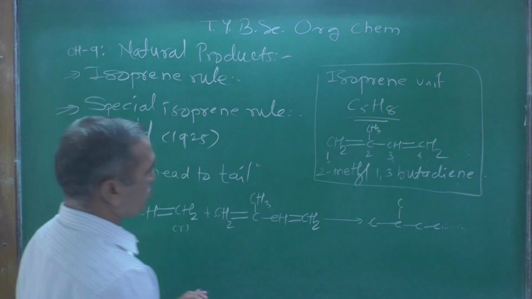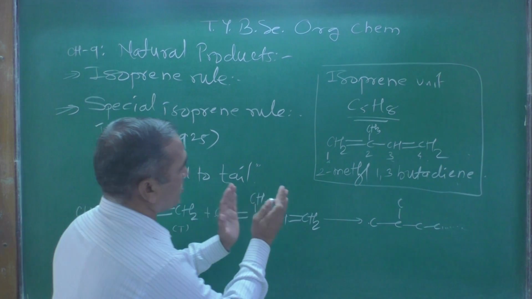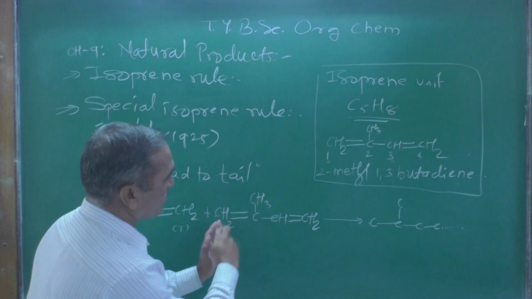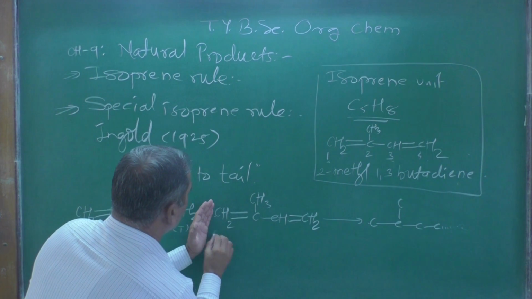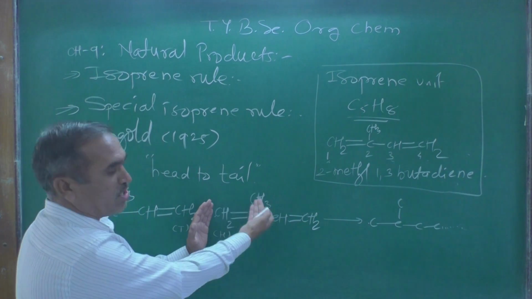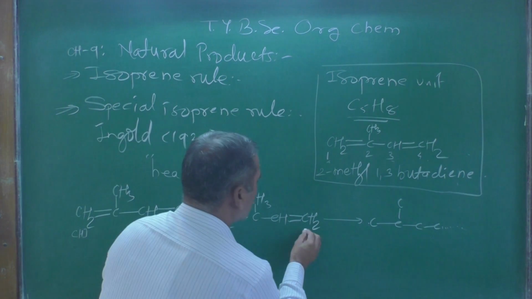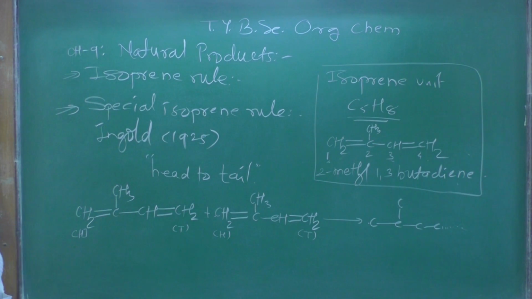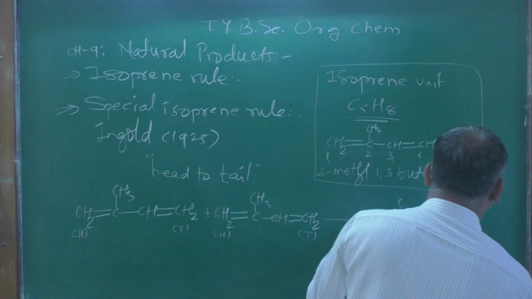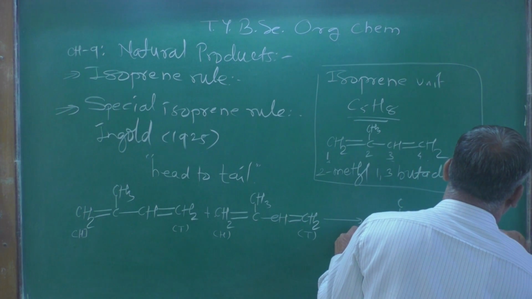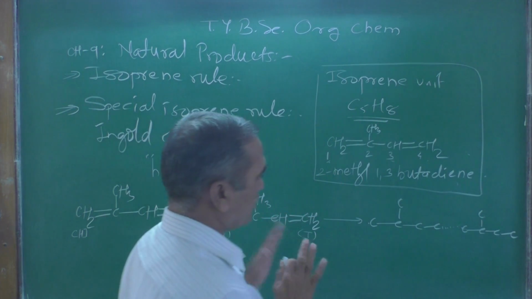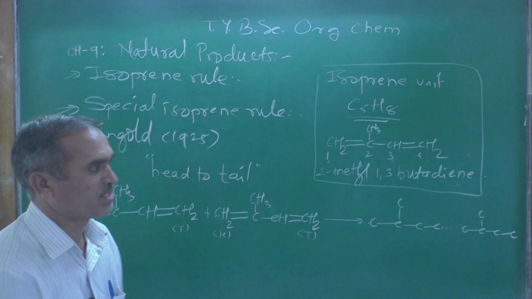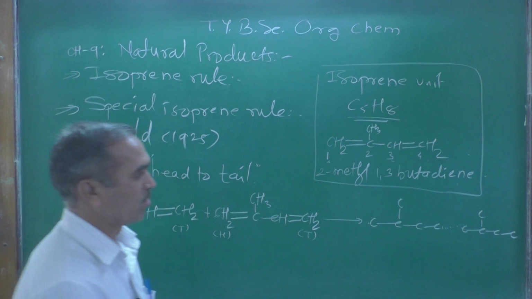Now another isoprene unit, I have written the structure of that other isoprene unit. Now tell me which one is a head and which one is a tail. Again this one is a head because it is nearest to the branch, and this one is again a tail. Understood this one? When you join these together, what are you going to get over here? Here carbon, again carbon, then another carbon and carbon. Here I have shown only the framework of that natural product.